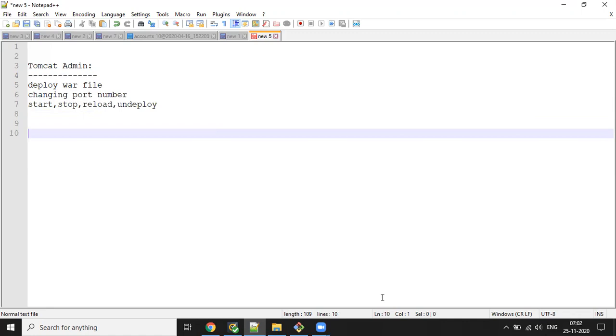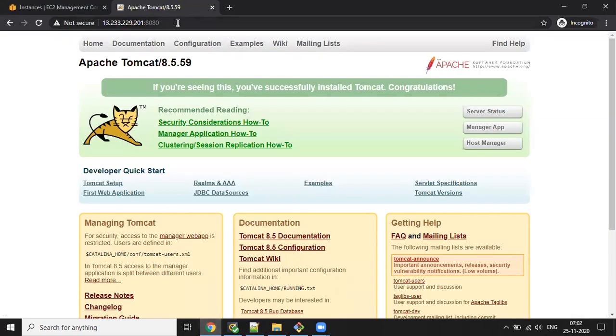If you have any doubts, you can check the chat box and we will discuss it. This is my Tomcat home page, which is running on port 8080 by default, and this is my IP address.